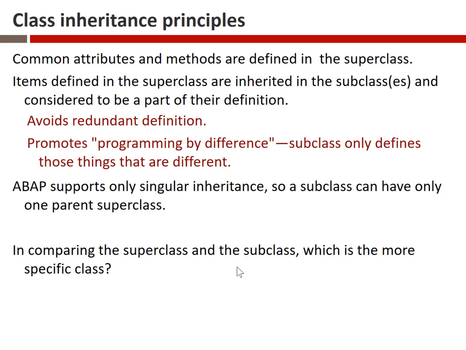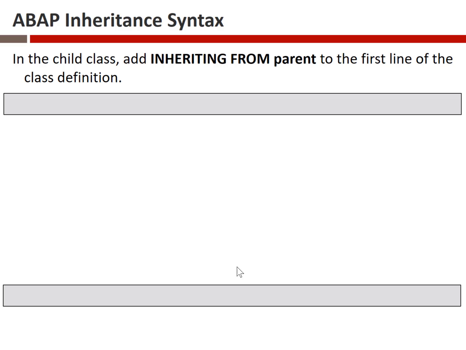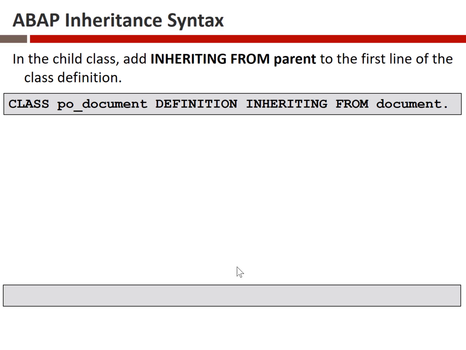Let's look at the coding associated with this. So we want to create a child class. So in the child class, we add the clause inheriting from and then the name of the parent class to the first line of the class definition. So for the sake of our example here, let's do this. Let's create a,